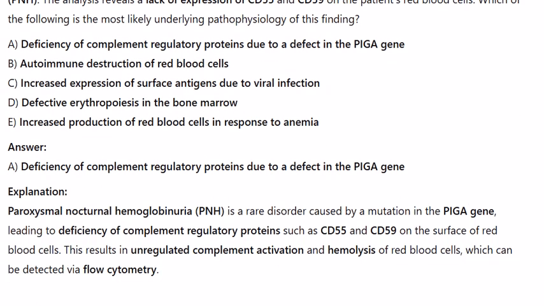Explanation. Paroxysmal nocturnal hemoglobinuria, PNH, is a rare disorder caused by a mutation in the PIGA gene, leading to deficiency of complement regulatory proteins such as CD55 and CD59 on the surface of red blood cells. This results in unregulated complement activation and hemolysis of red blood cells, which can be detected via flow cytometry. These questions